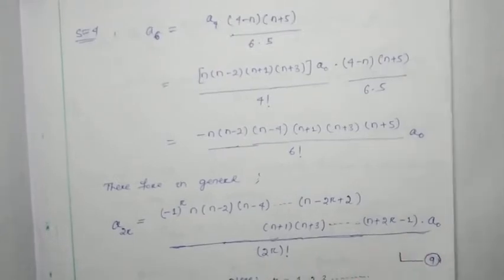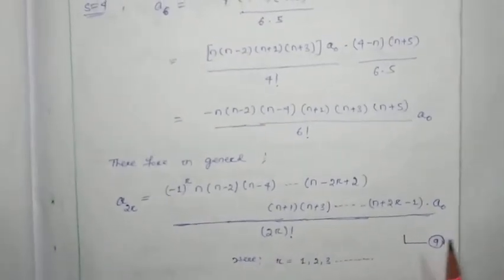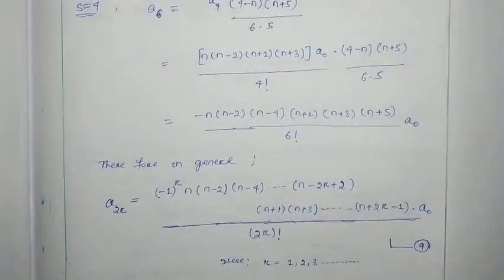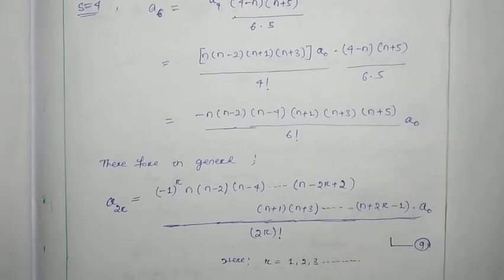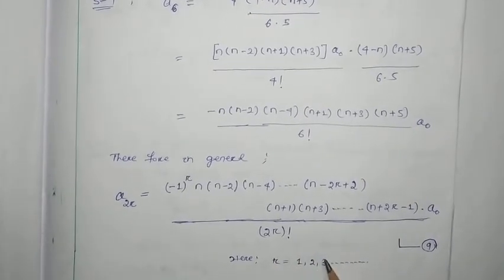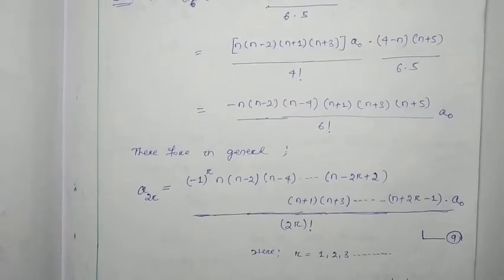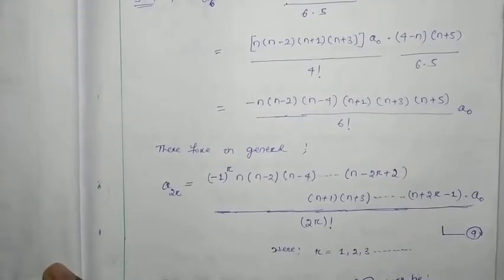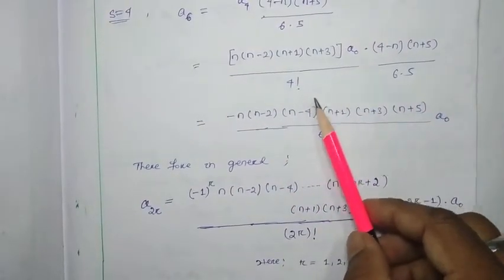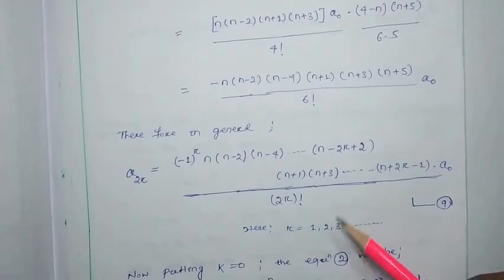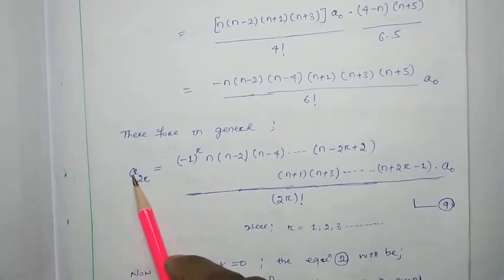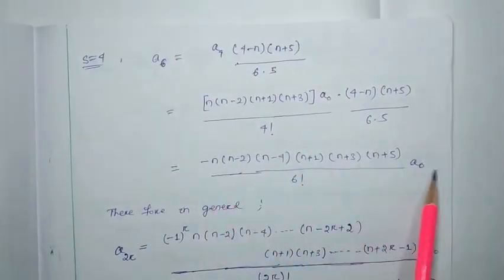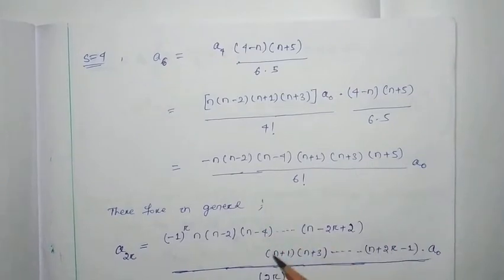We have to just cross check one of our values from this general expression. Here r is taken as 1, 2, 3 like that. So first we are going to consider the third term, we are going to verify it. Okay, so consider r equal to 3. So it will be a 2 into 3 is 6, a6 will be this much, is it coming or not, you just cross check it.